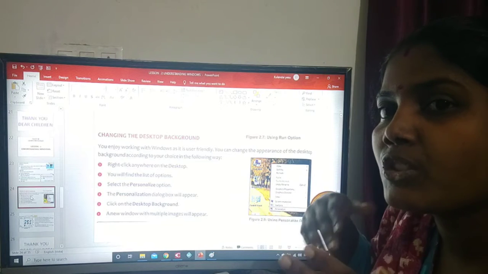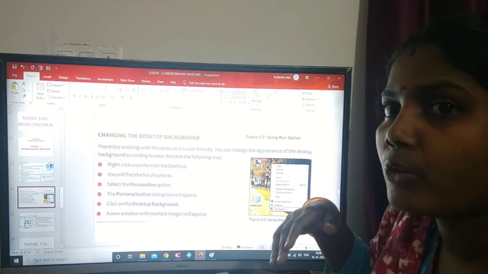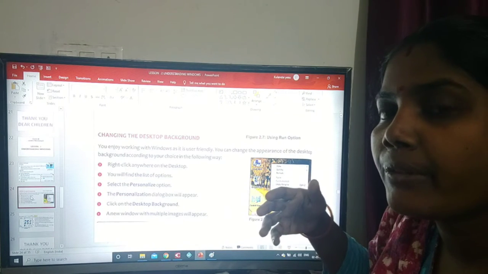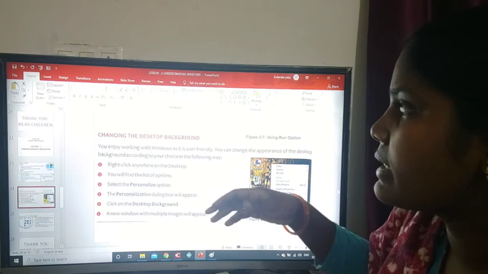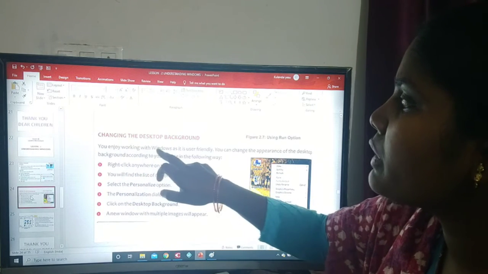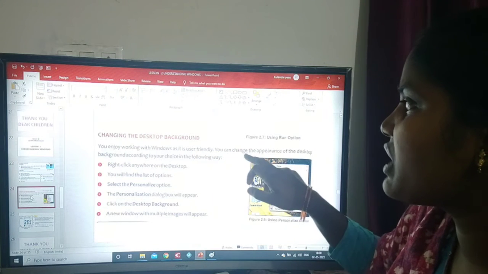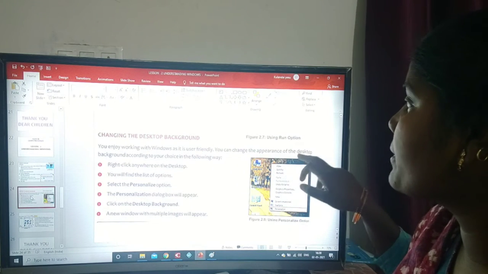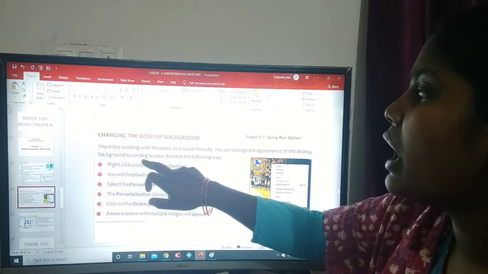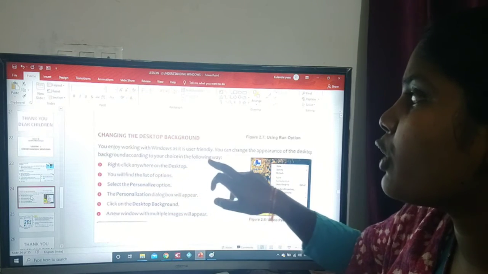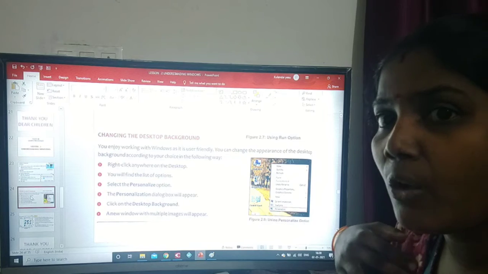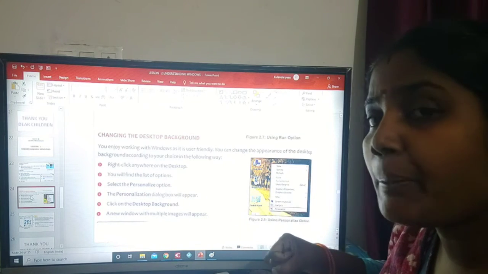So I want to change my desktop background. How will we change that? You enjoy working with Windows as it is user friendly. You can change the appearance of the desktop background according to your choice in the following way. Now we have to do it practically.